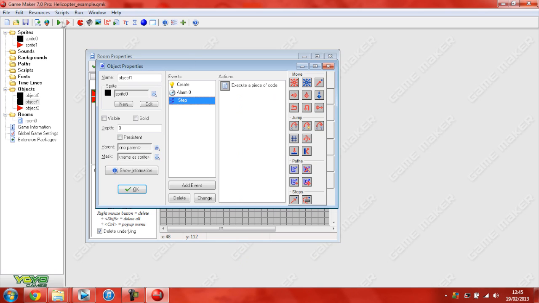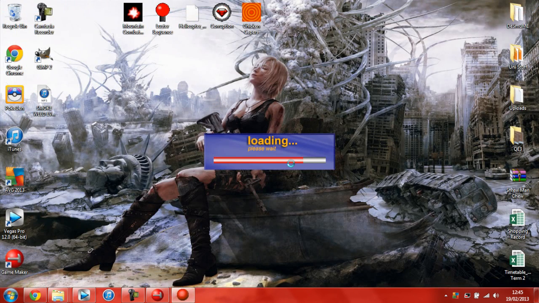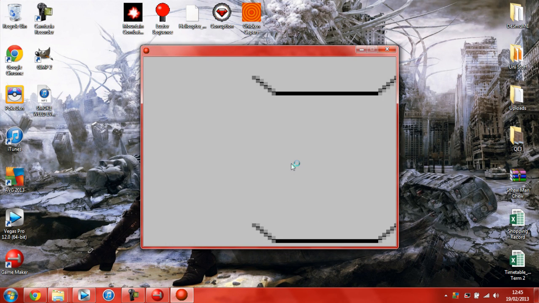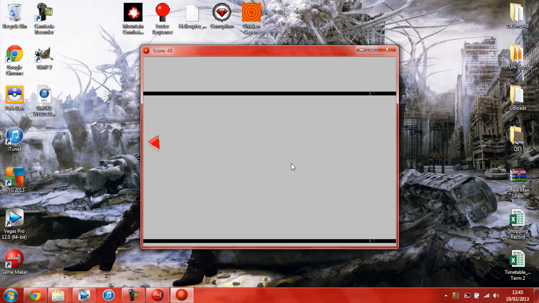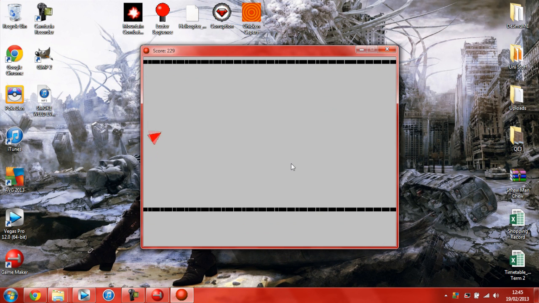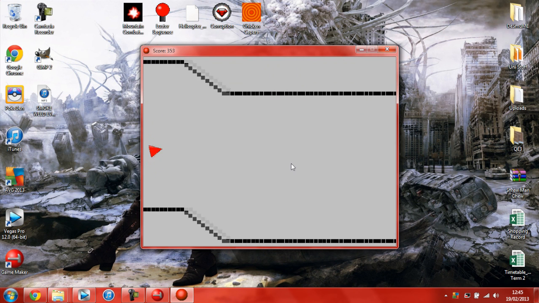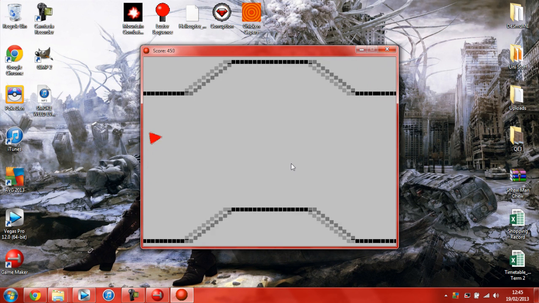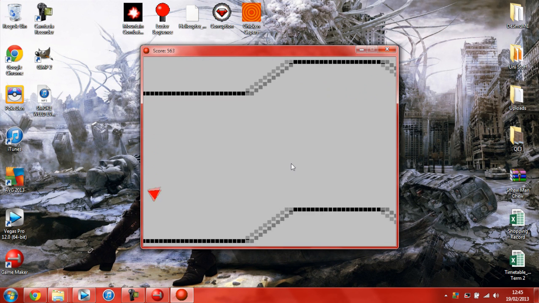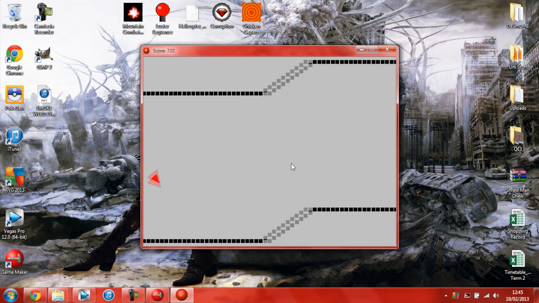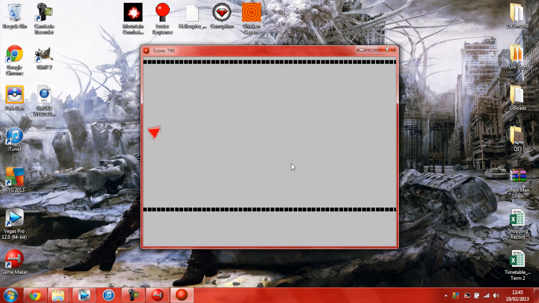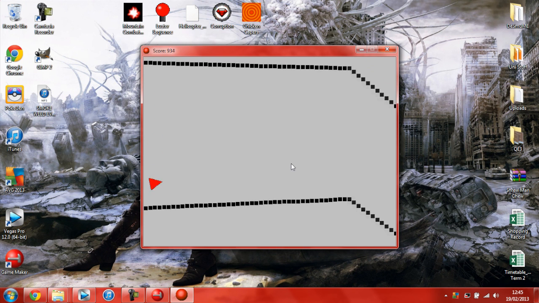Let me play the game and show you. So if I run the exe, okay, so basically you have this black object in the middle, being invisible. It's creating the walls symmetrically around it. And as the score gets bigger and bigger, you can see it in the window title, the walls get faster and faster, and they also narrow the gap a bit more. So, it's a reasonable example for a helicopter game,